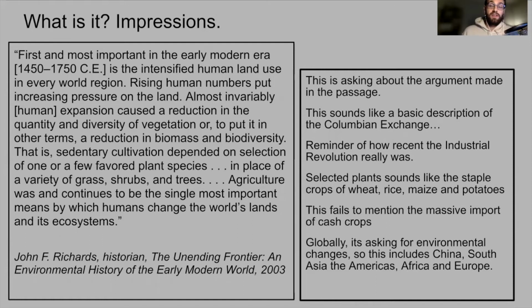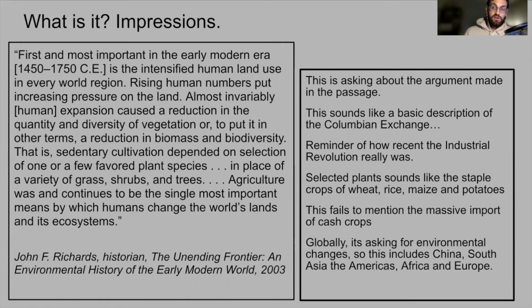A nice reminder that even only 300 years ago, industrialism and the Industrial Revolution was not the primary form of human activity, but it also talks about the environmental consequences of this particular intensification of agriculture. In particular, I just can't help but think about the Columbian Exchange, right? When it talks about the selection of one or few favored plant species, that just sounds like the Columbian Exchange,